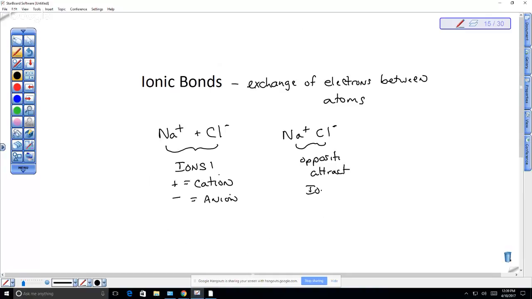So this is an example of an ionic bond because the sodium has given up the electron and the chloride has received the electron. Now this bond is formed and it actually releases quite a bit of energy when the electrons move from the sodium to the chloride. So if we look at elemental sodium,